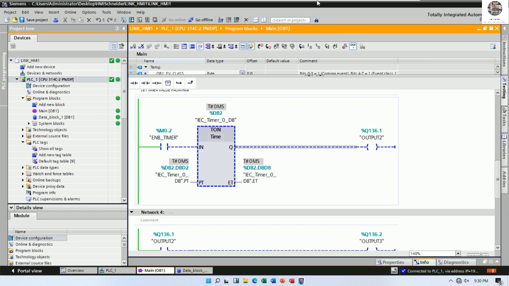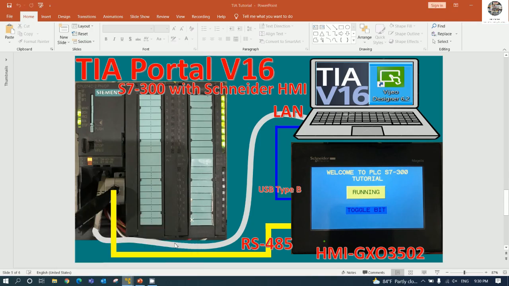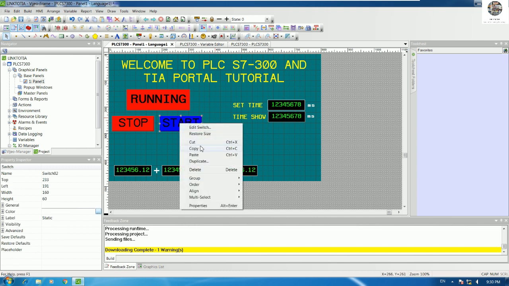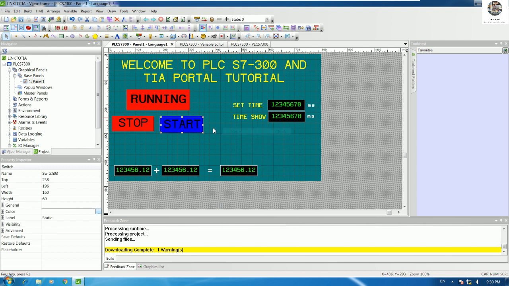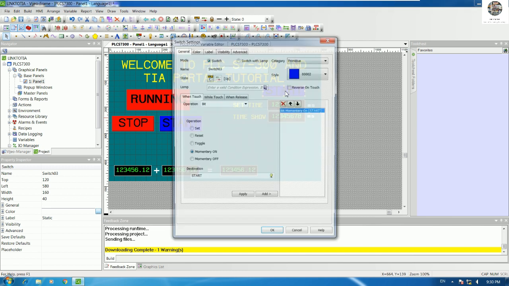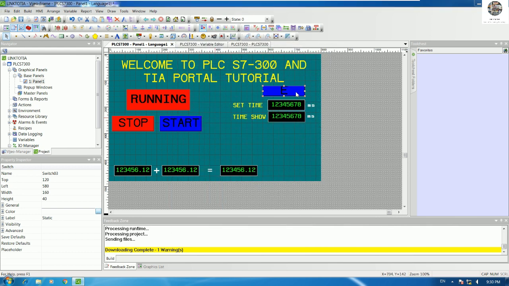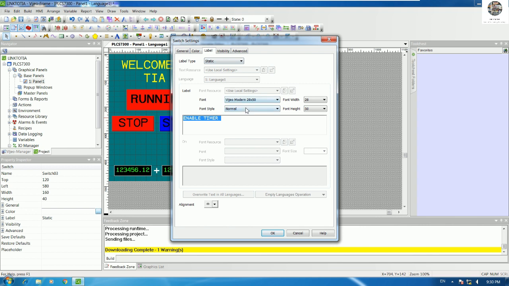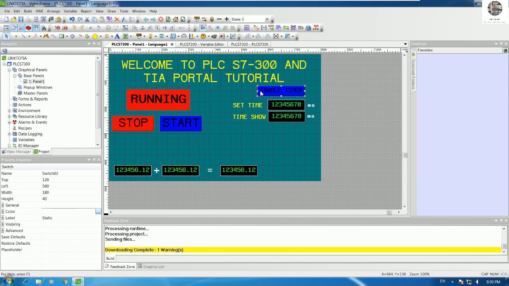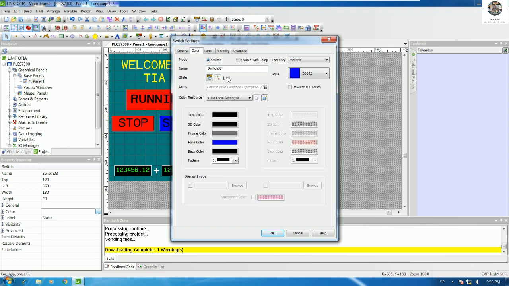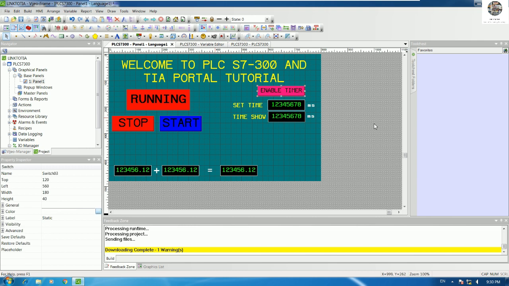And we have the push button, right, or toggle the input for timer here. So we need to enable. So I will copy this button. Yes, copy and paste. And we can write enable timer. I will adjust the size a little bit to be like this. Yes, and I will change the color to be, maybe I will use this color. Yes, enable timer,